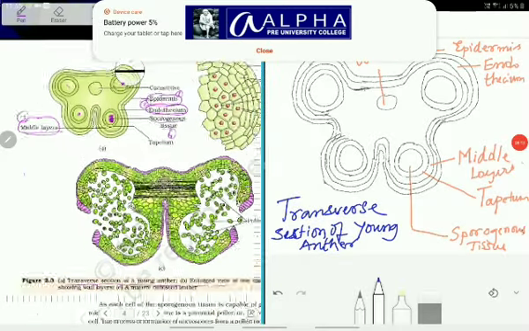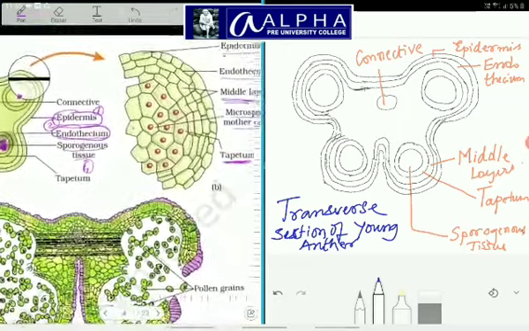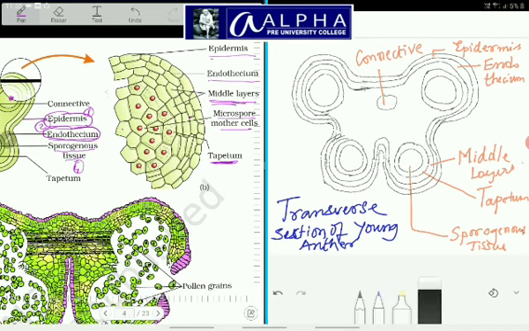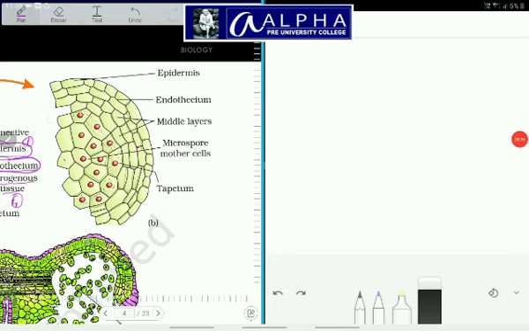Now we have to take up the enlarged part of microsporangia. I shall make the space free to write the diagram, but actually in your answer sheet you have to write the diagrams together. I will erase this diagram and then I will continue to write. So now I have to write the enlarged view of young anther, which shows the part of microsporangia. Let me analyze the diagram first.